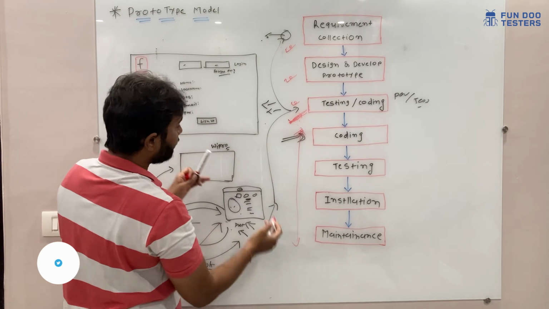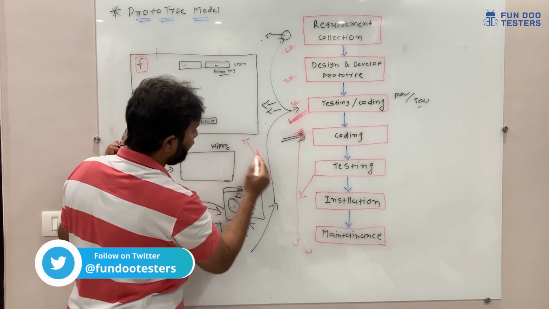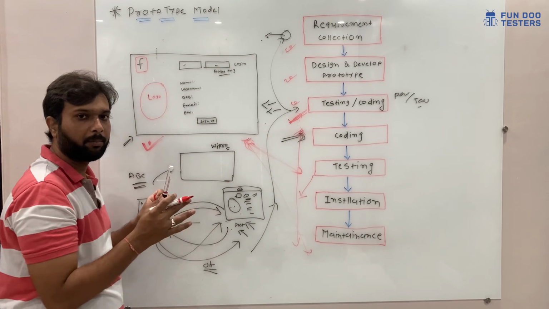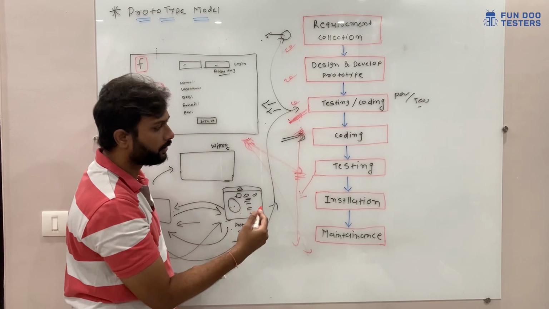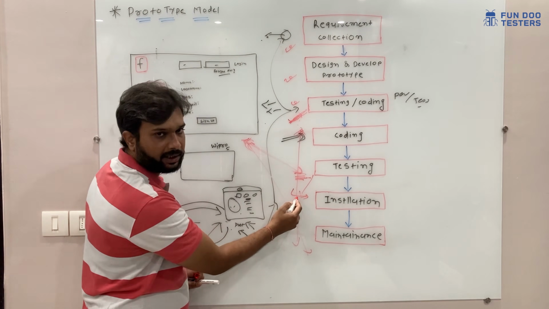So actual application will be exactly similar to the prototype. So here, once testing is ready, the actual application will be exactly similar to the prototype. This is the main benefit of making a prototype. Here only, everyone knows how the application will work. So once the testing phase is done, then the installation phase will take place.